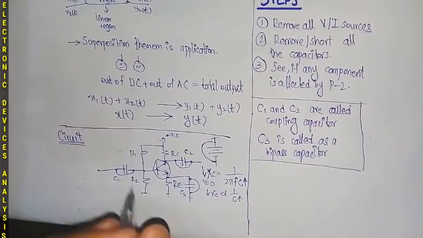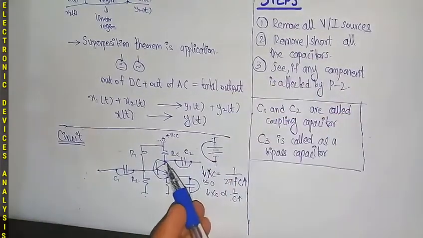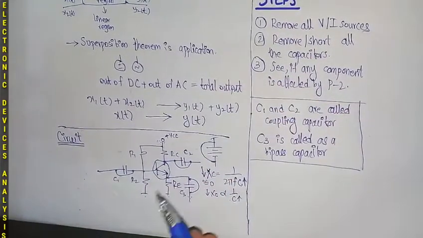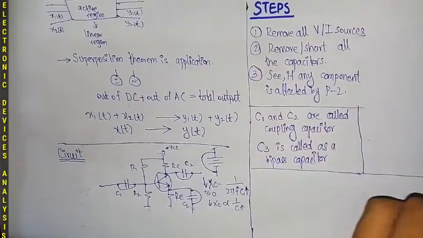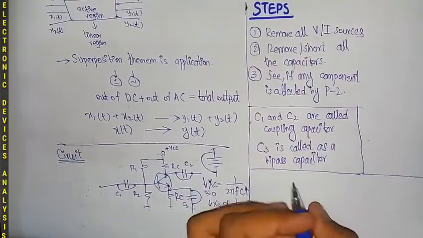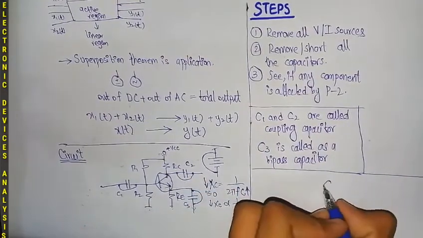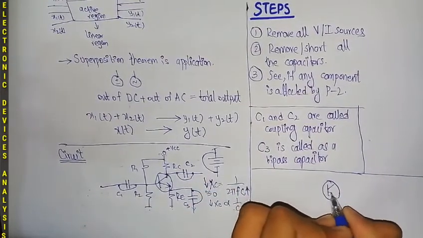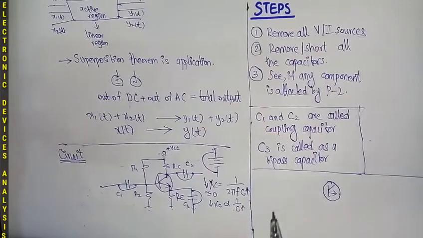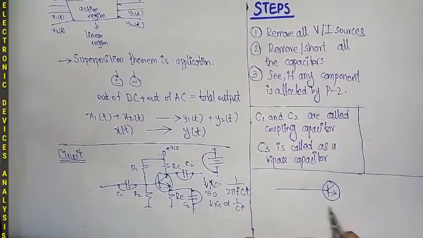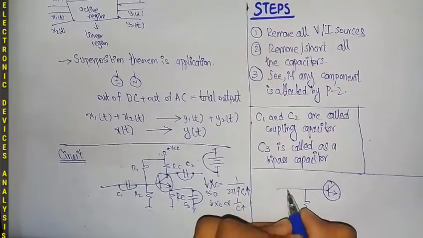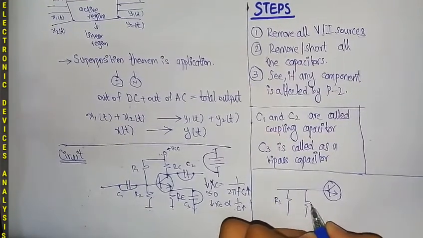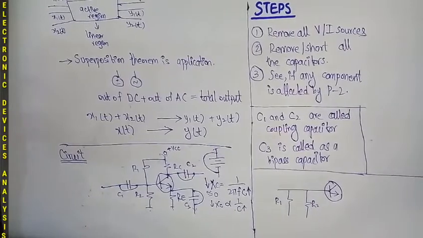And at the end, by applying all of the steps, now we will make the circuit for the AC analysis of the BJT. Here we will make it so that this will be a transistor. Now this transistor has, on the base side, two resistances present, and these resistances are R1 and the resistance R2.